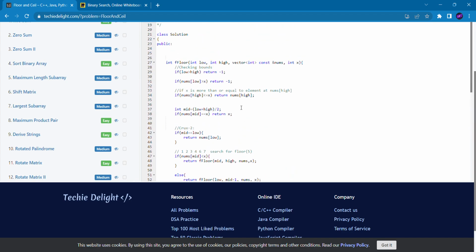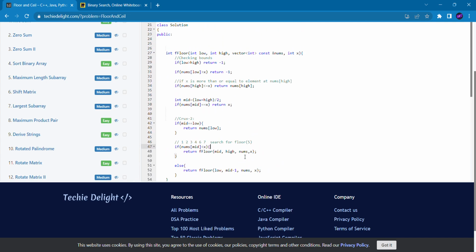Similarly, this is the code for the floor, which is very similar to this. You can try it on your own. If you have any doubts, you can ask. Just I have to cover this crux also because I have missed this point and my code was not getting submitted. Here we have to keep in mind that the mid does not get equal to low, because if that happens,